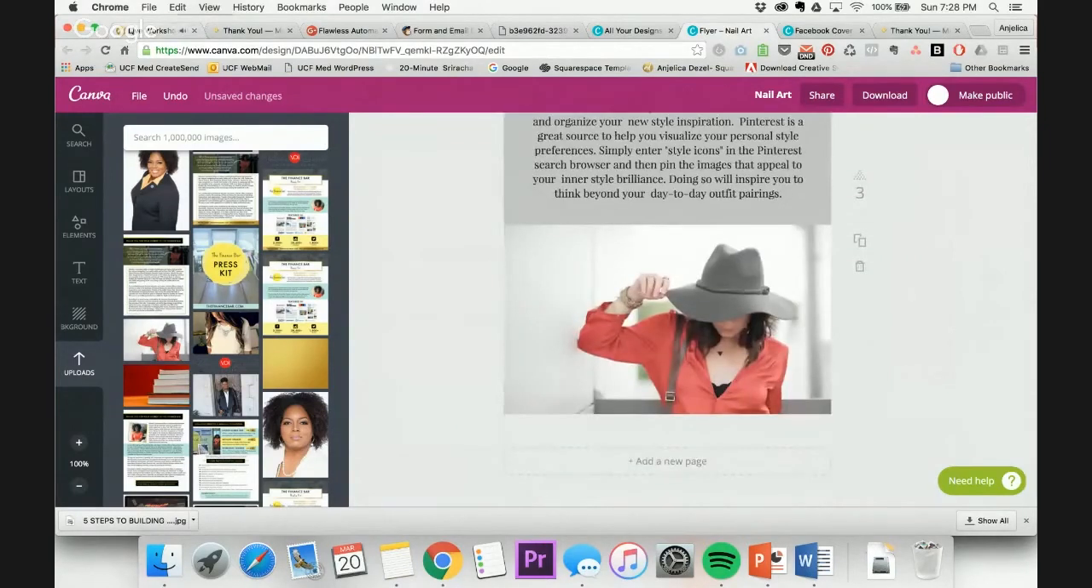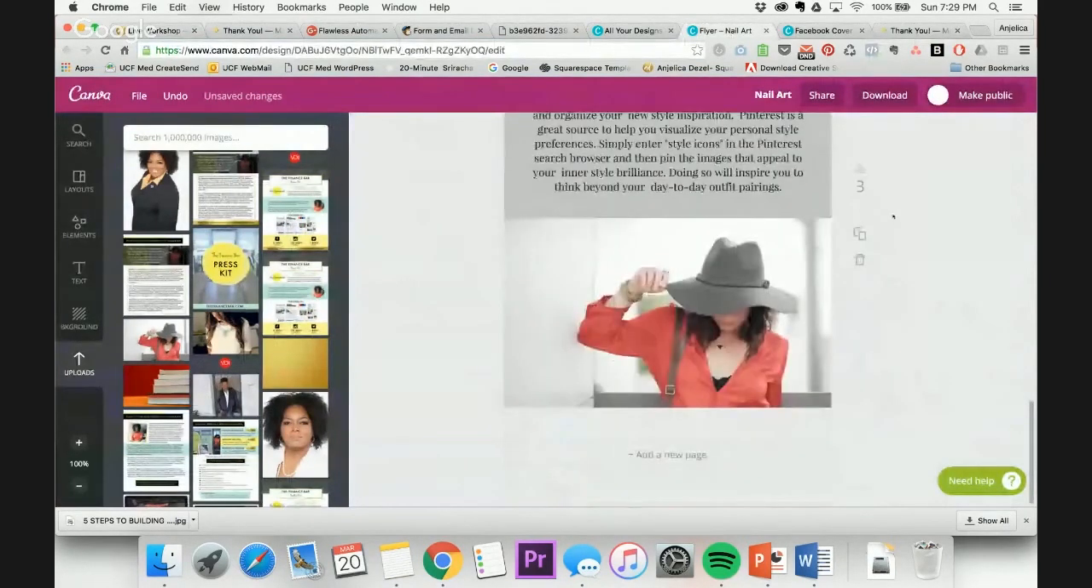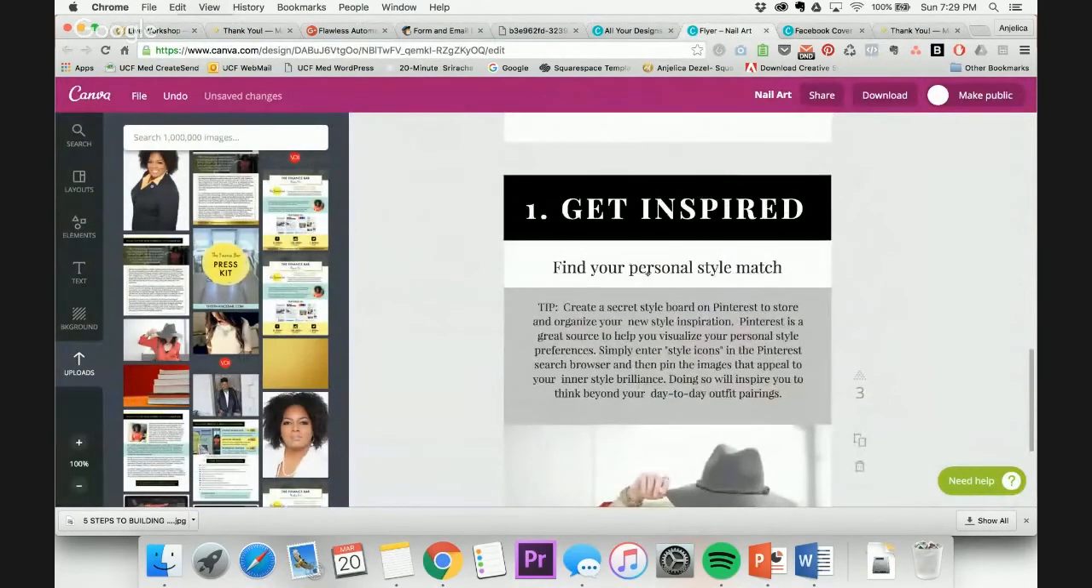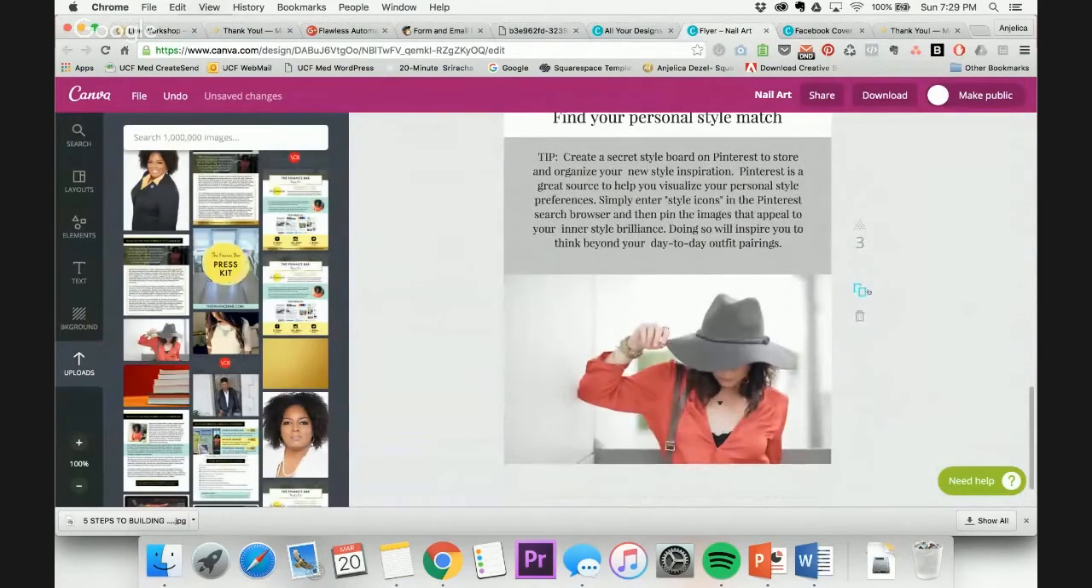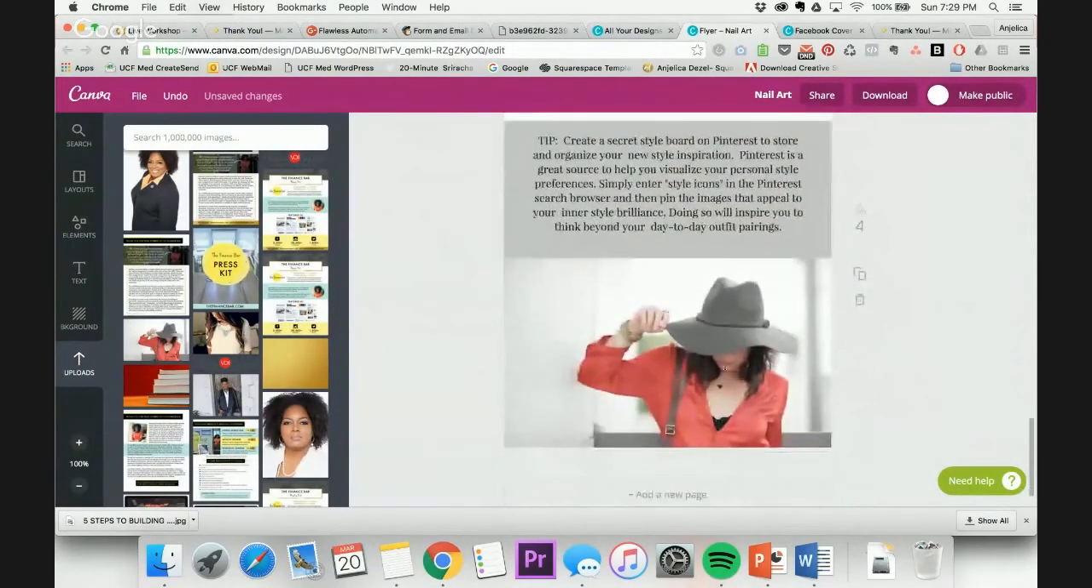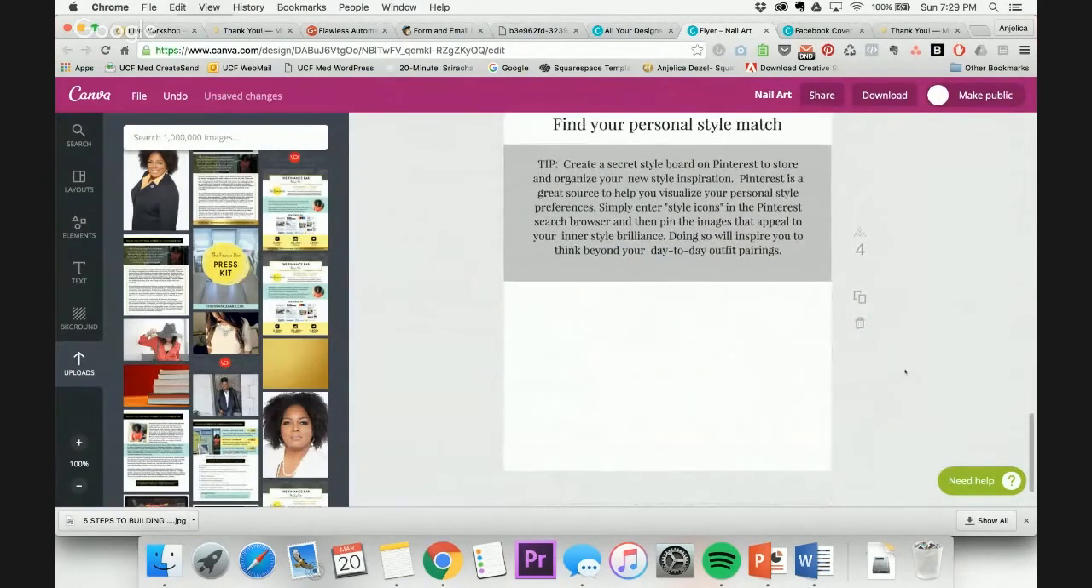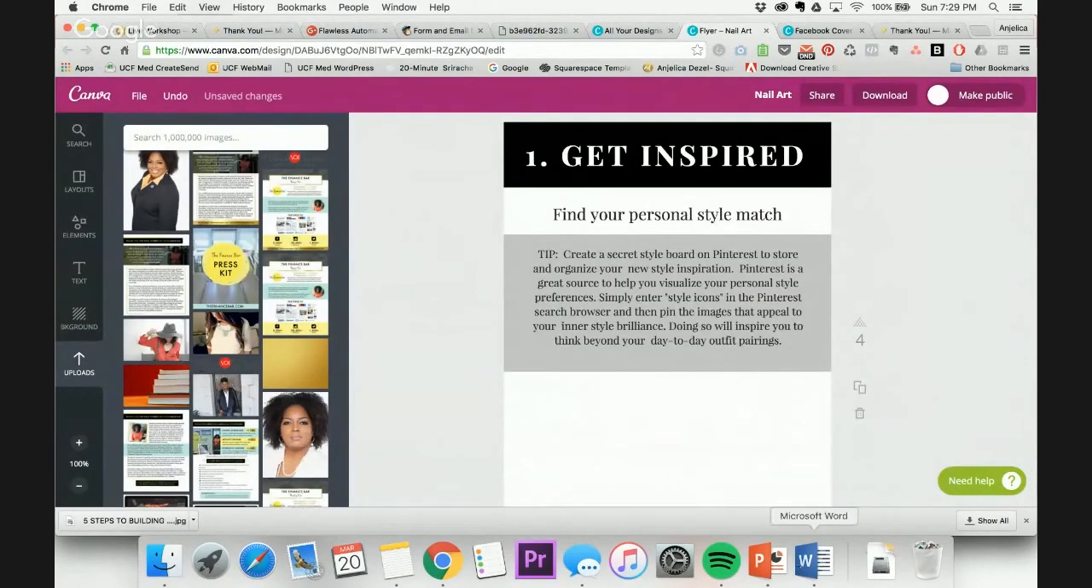Another way, let's see. Let's go to the next page. I'm actually going to duplicate this page because there'll be a lot of things that are similar. So I'm going to hit this button right here to duplicate the page. Okay, so we're not using the exact same picture and exact same anything, but let's go to